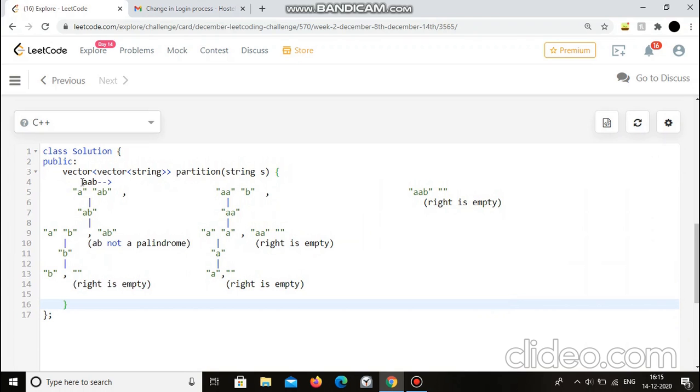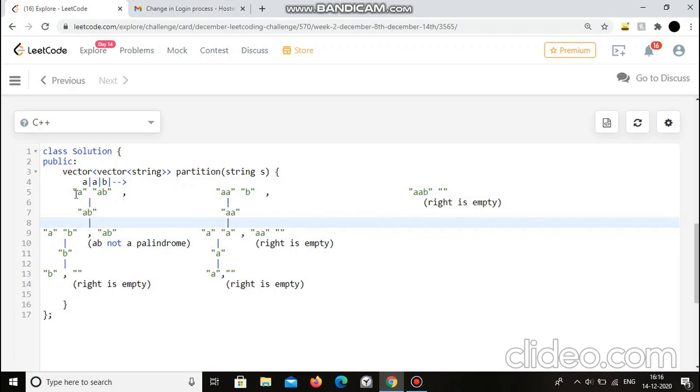So if the question is AAB, we'll partition over here like this, okay? So that is our first partition. The second partition is after two A's, and then the final partition is after the entire string, which is A, A, B. Basically I'm trying to say, we can make a partition over here, we can make a partition over here, and we can make a partition after the string. Okay,